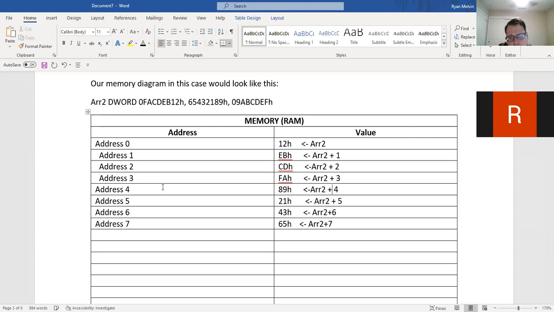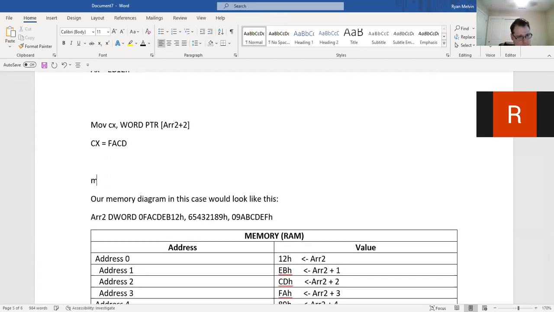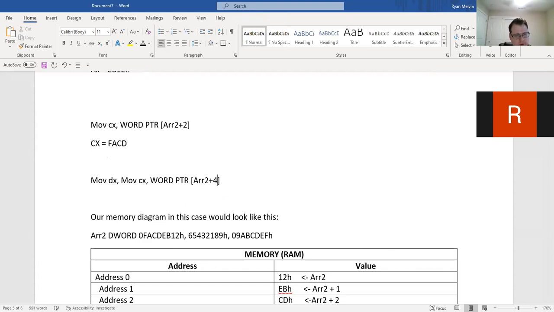So similar idea, if we start saying things like, for example, +4, well, then we're just going to start getting into the second D word, or the second term from the array. Meaning if we do a statement like this,